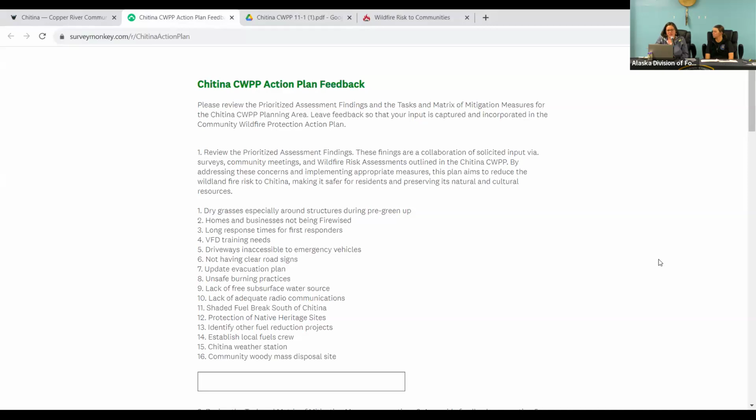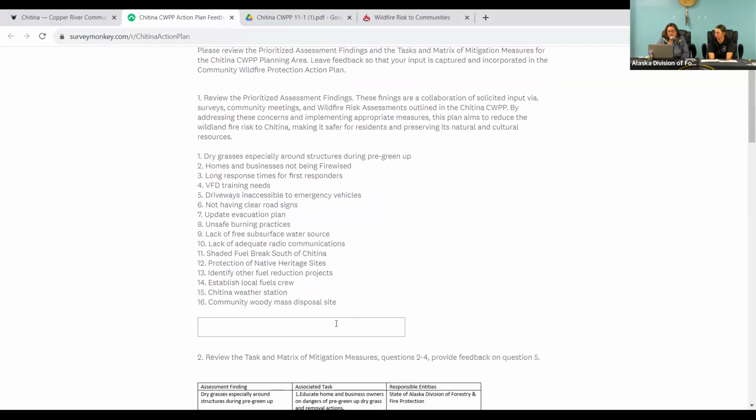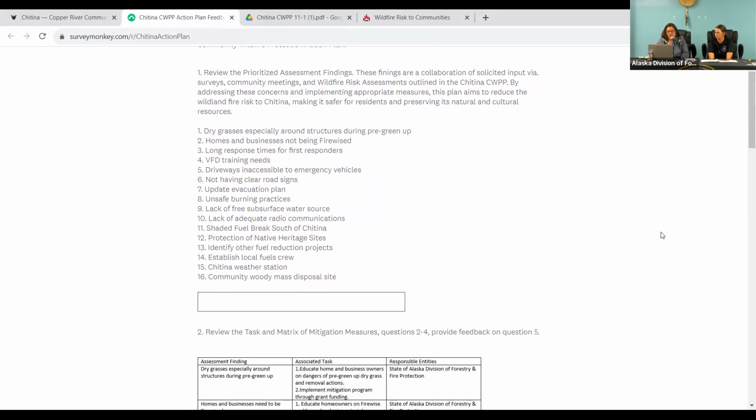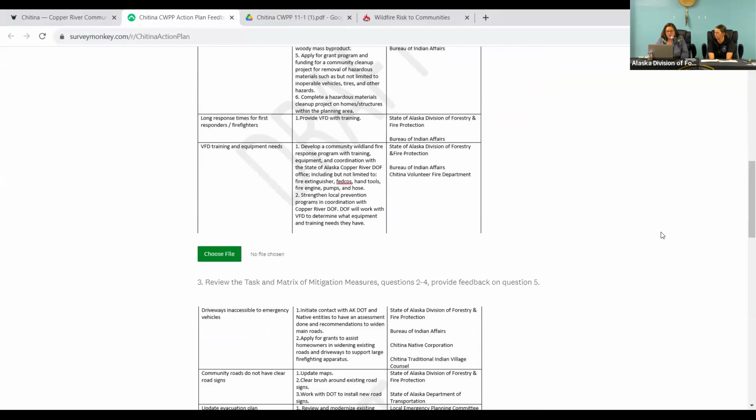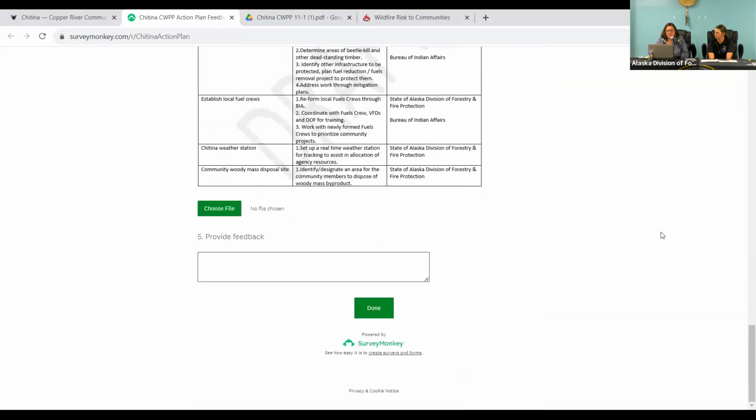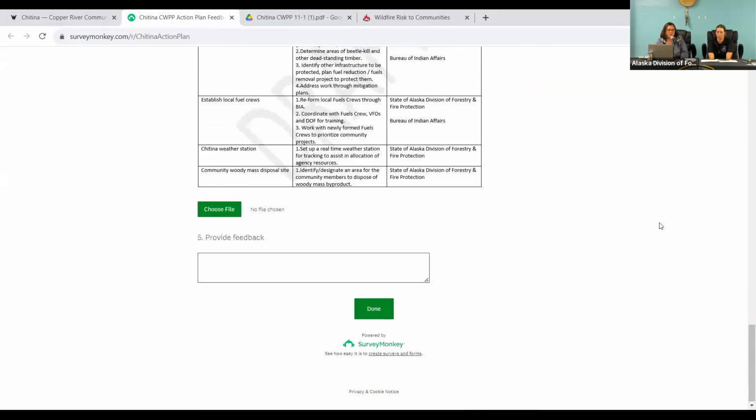It's really just as simple as providing us feedback on what you think about it. So you have our prioritized assessment findings. There's a box there for you to provide feedback. Questions 2 through 4 are screenshots of the action plan itself. Question 5, just keep scrolling through it, is where you provide your feedback.